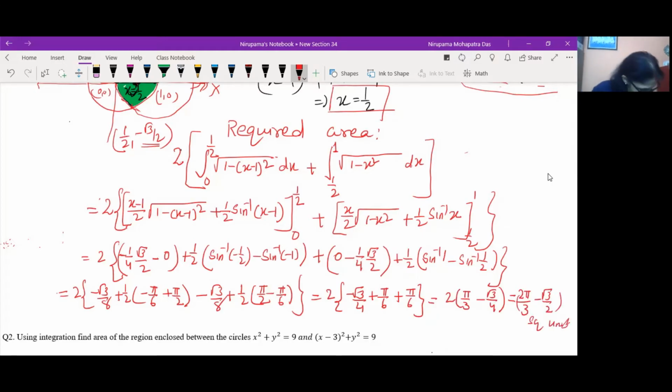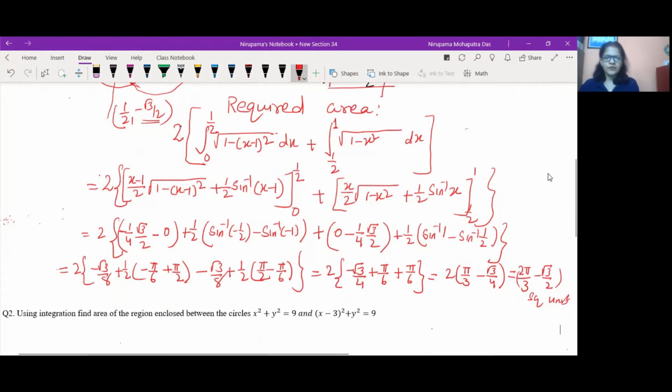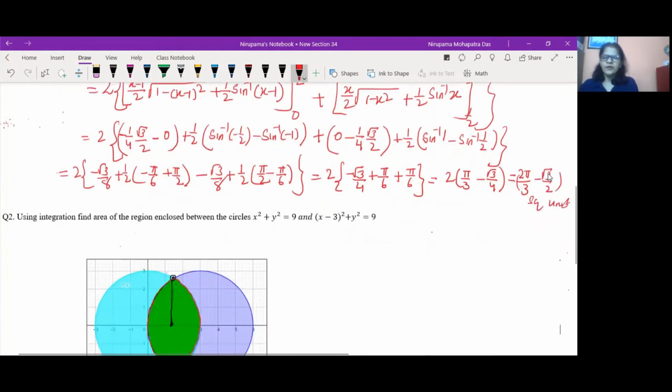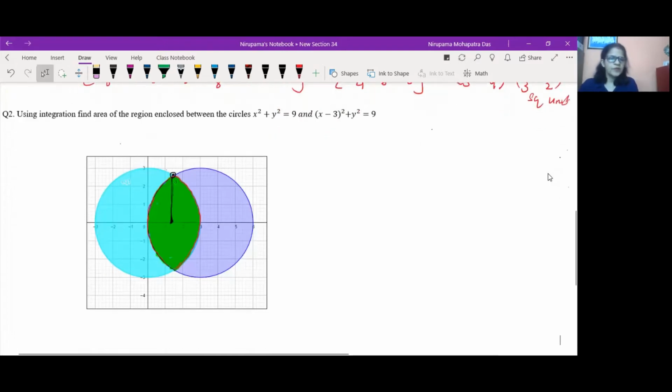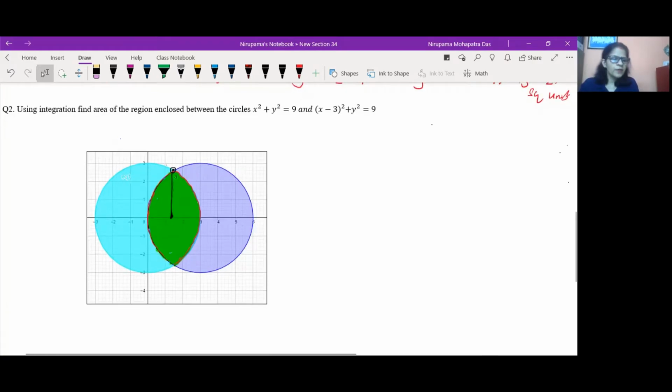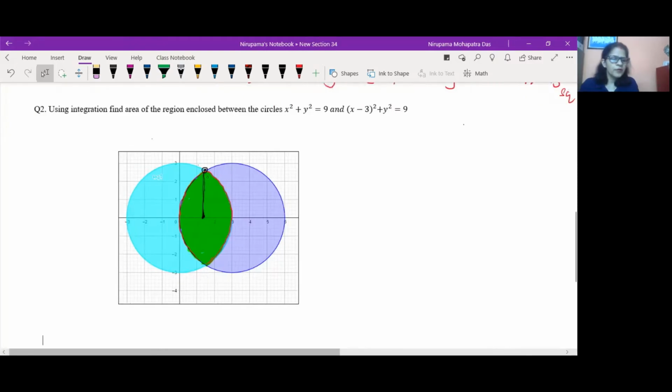Okay, so that is the answer. I'm sure it is very clear to you, and the next question is also similar, so it will be even more clearer. The second question is almost a similar question, and these two questions are very important because I have decided to take them, as they have come many times in board exams. Okay, so let's start the second question.